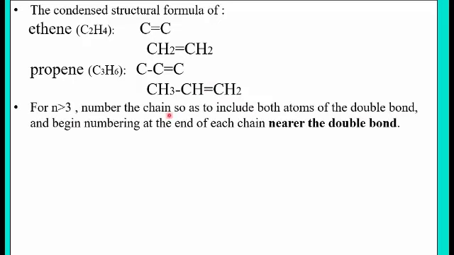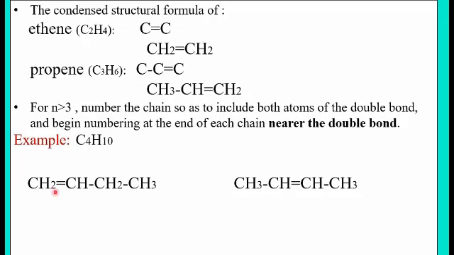For n bigger than 3, number the chain so as to include both atoms of the double bond and begin numbering at the end of the chain near the double bond. Example, C4H8. First I want to take the straight chain and give the name of each of these two condensed structural formulas. I want to take the longest chain and begin numbering near to the double covalent bond. So the longest chain contains 1, 2, 3, 4 carbon atoms, and I want to begin numbering nearer to the double covalent bond, so from here,